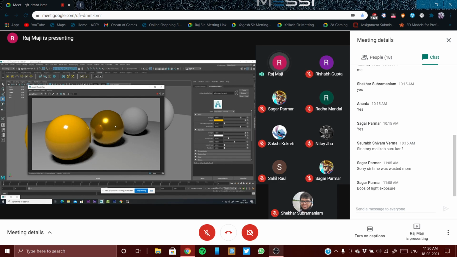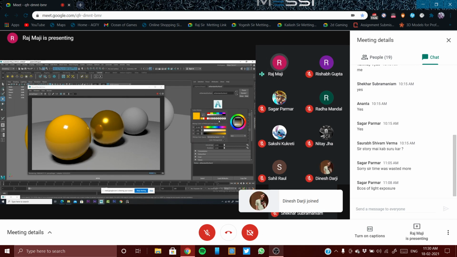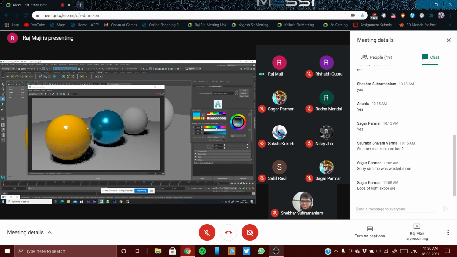Now this object is a metallic object and this is a plastic. So maybe the yellow color is looking too much exaggerated. It can be any other metallic color. That also will depend on how much metallicness you need. It can be a painted metal also.